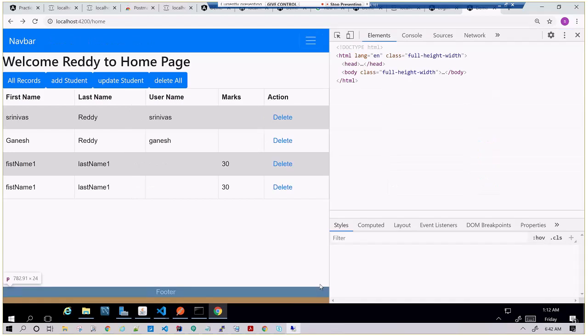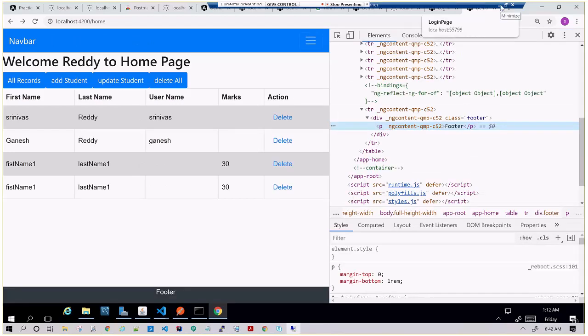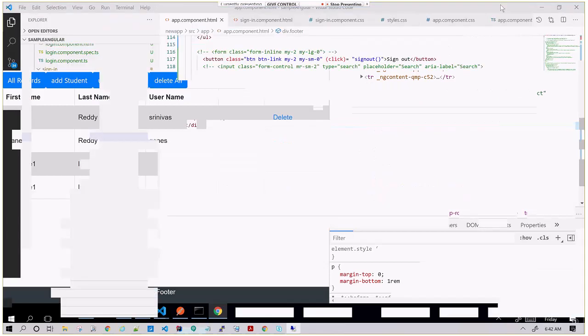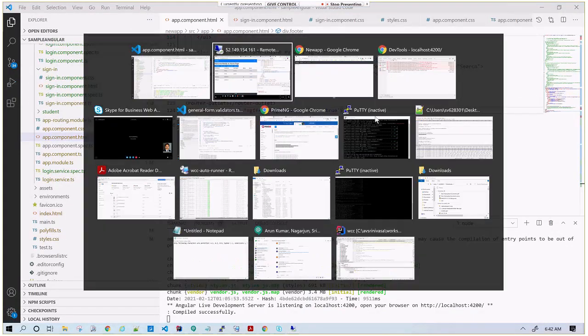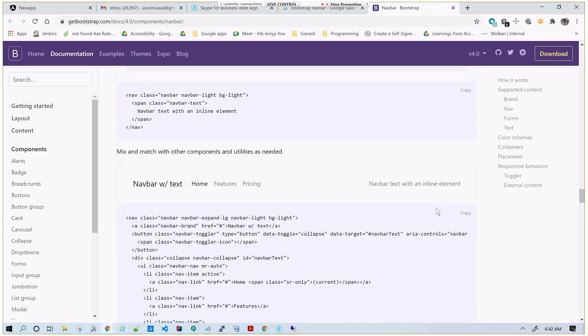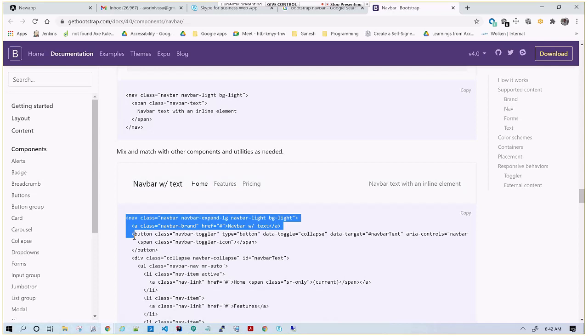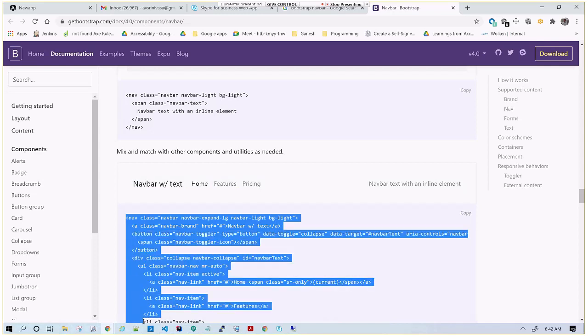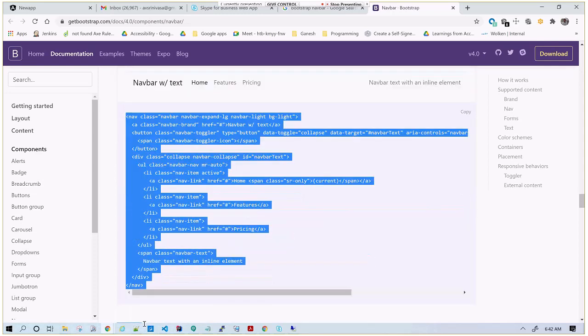Actually, Bootstrap is already providing some of the navigations, so we copied the same code. If I want to display like this, we can directly copy this navbar code and paste it into our file.